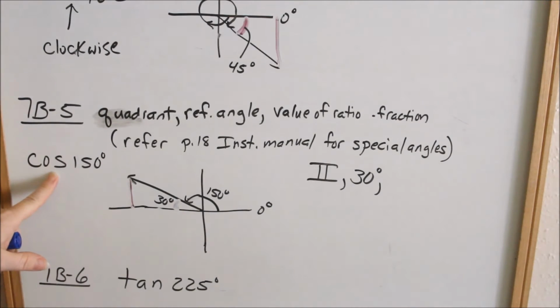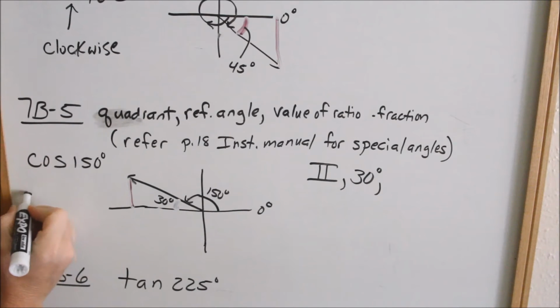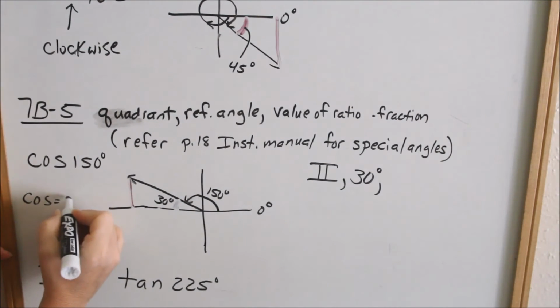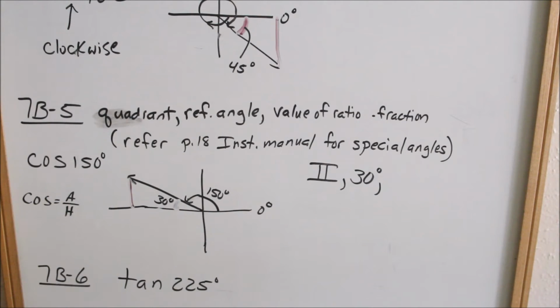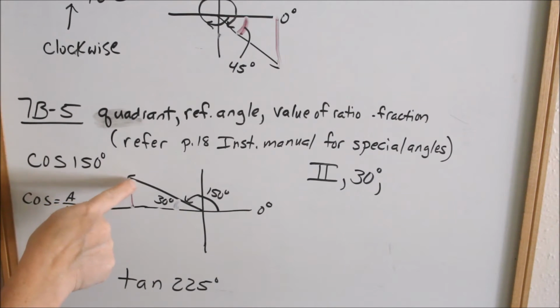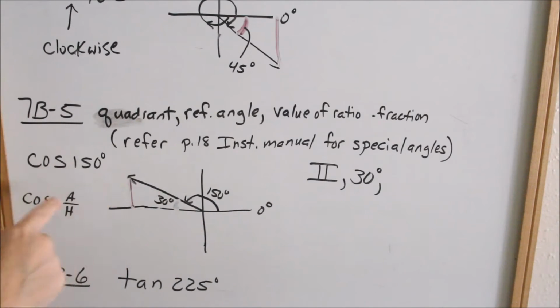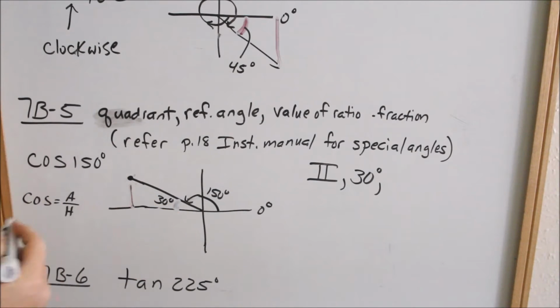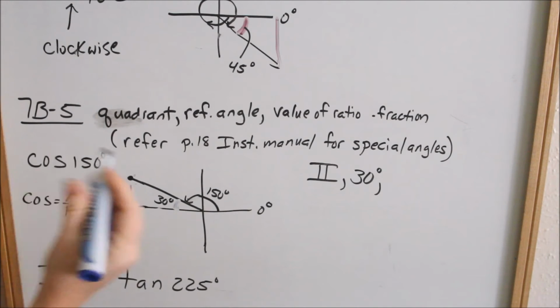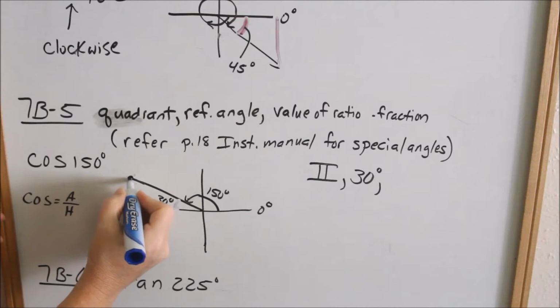We want cosine of 150 degrees. What is the definition of cosine? Cosine is adjacent over hypotenuse. Here's where we look at our signs. If we were to be right here, r going 150 degrees, let's just pretend we had a point right there. And we were looking at